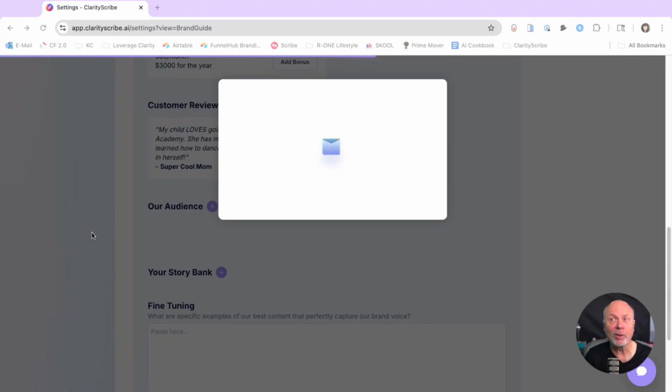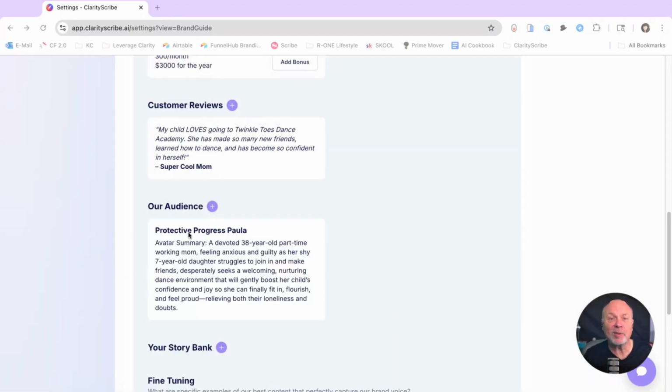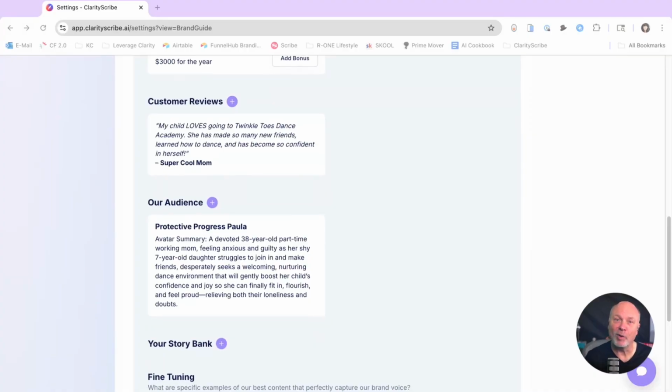Now we got this tool that is taking what could have taken you two to three weeks to get done if you did it diligently in the real world. You can get the AI to do it for you here in just a few moments. And as far as I can tell, I've done a lot of work with this thing so far. It's right most of the time. If you're giving it good information up front, it's going to get very accurate information back to you in the format we're looking at here.